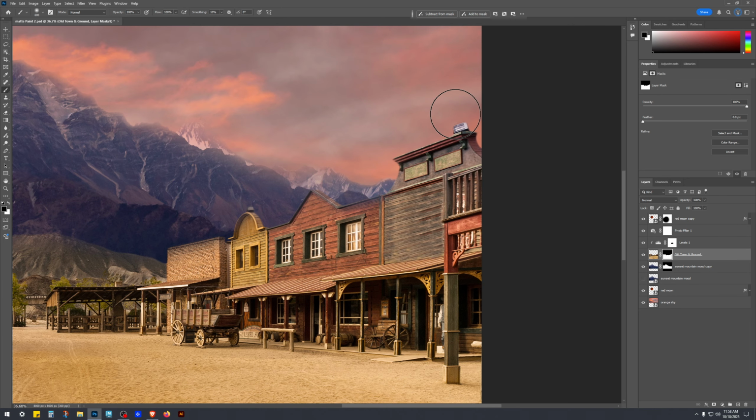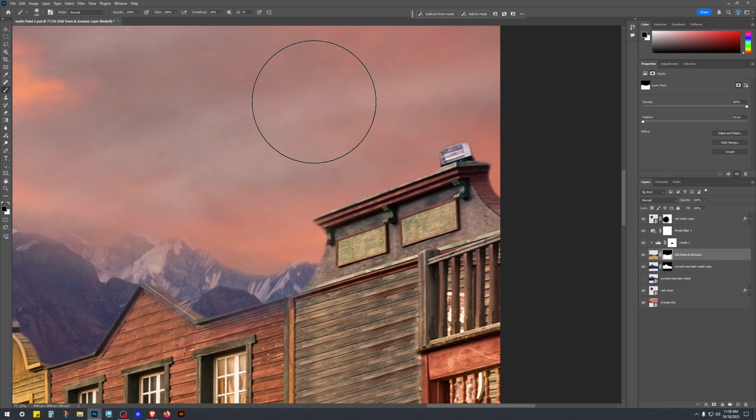There. And this part super sharp. Tap, tap, tap. See? It fakes atmospheric perspective. Tap, tap, tap. This here